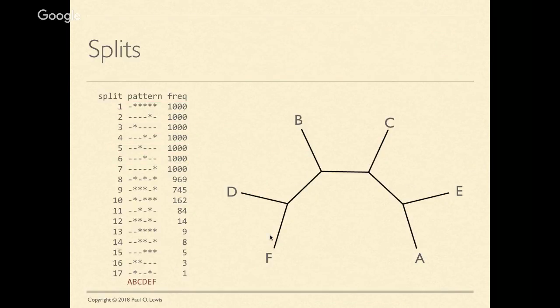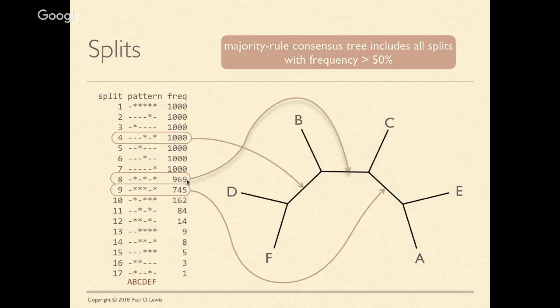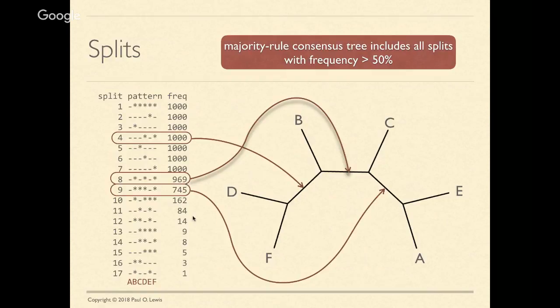A majority rule consensus tree is a tree that is constructed from all the splits that have a frequency greater than or equal to 50%. And since the total frequency here is 1,000, that would be any split that has a frequency greater than 500. There are only 3 splits in the table here that qualify, and their position in the majority rule tree is shown here. Note that there's maximal support for the split that pinches off D and F, that's this split here, while the support for the split that pinches off A and E is only